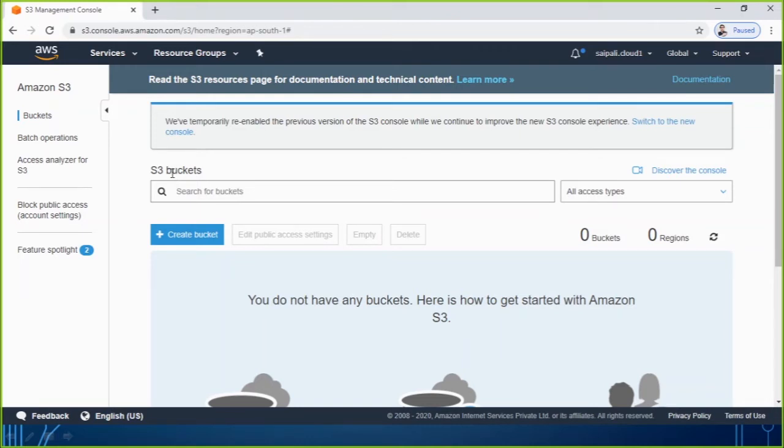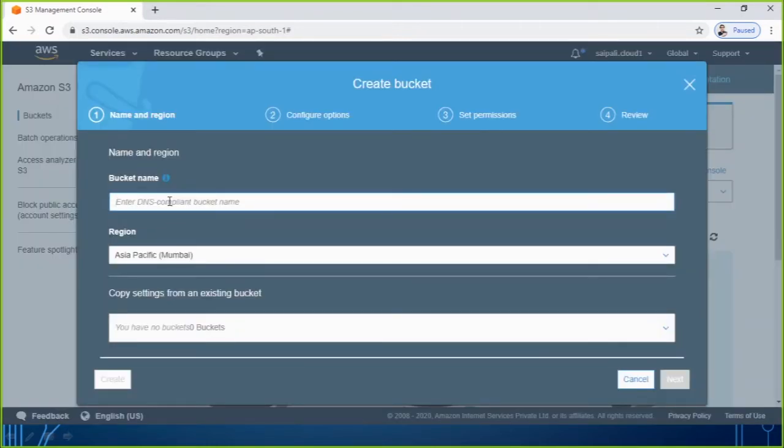Currently, there is no bucket available in my S3. So the next thing I'm going to do is create a bucket here. Last session we already learned how to create a bucket. So simply click on create bucket. Here you need to have a unique name, because it requires a DNS compliant bucket name. So it's supposed to be unique. Nobody should already have that name for their bucket. So for example, maybe I'm going to type here the name Saurav Wave 01. That will be my bucket here.